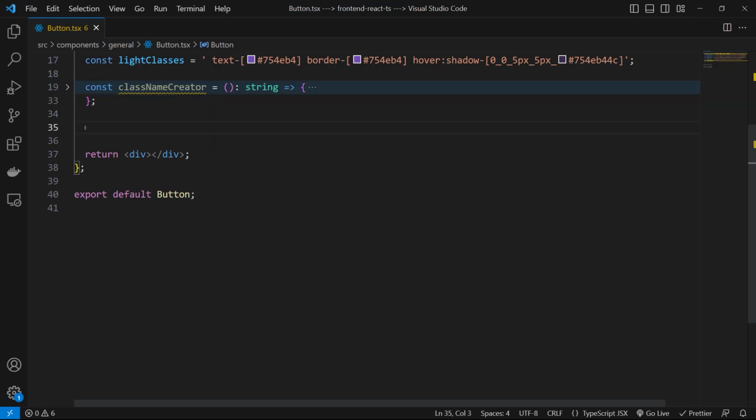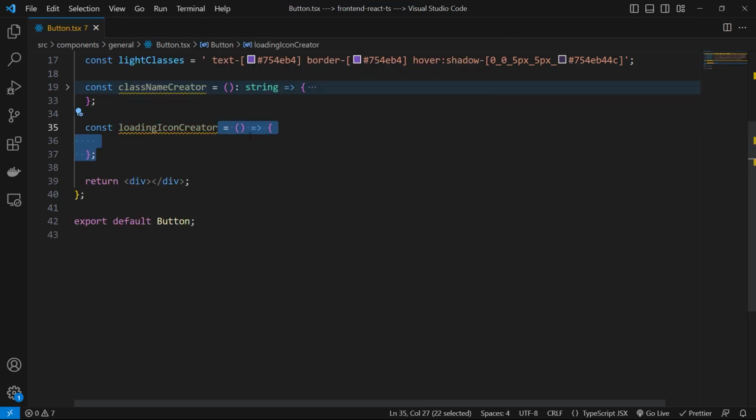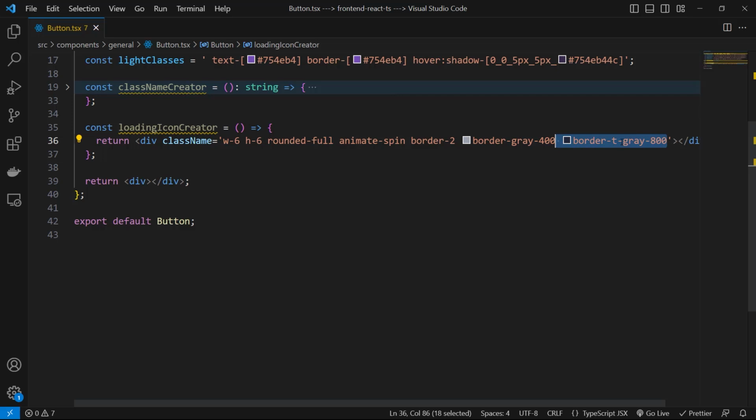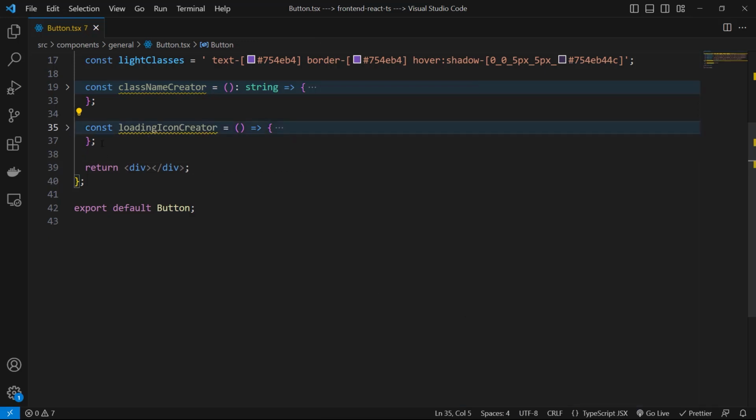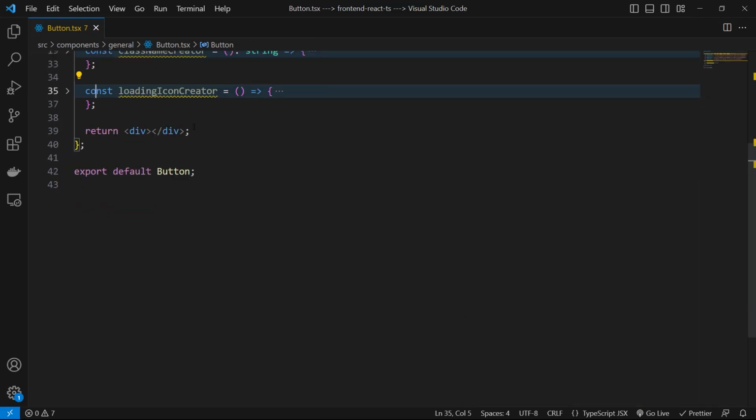And after this class name creator, let's create another function with the name of loading icon creator, and we say that this is an arrow function, and inside of that we simply return a div, and we want to use some class names for it. So we can use class names of w-6 and also h-6 and rounded-full, and also animate-spin, and a border-2, and also border-gray-400, and for the border top we use border-gray-800. That's it. Let's format the document again and minimize this loading icon creator,